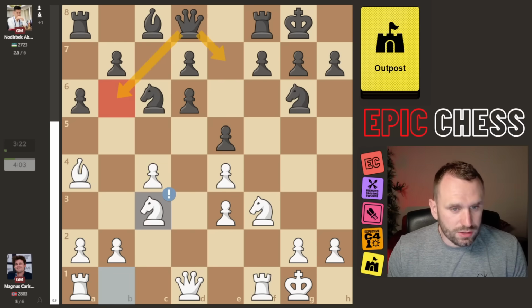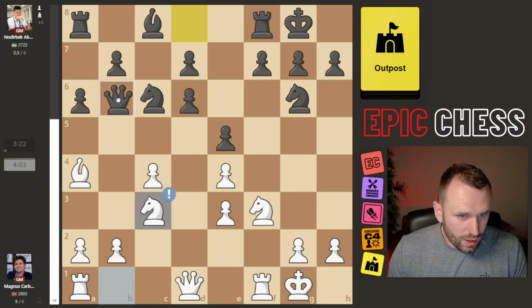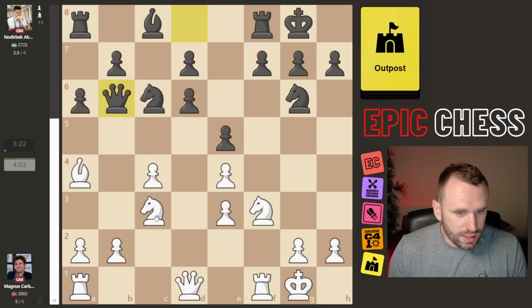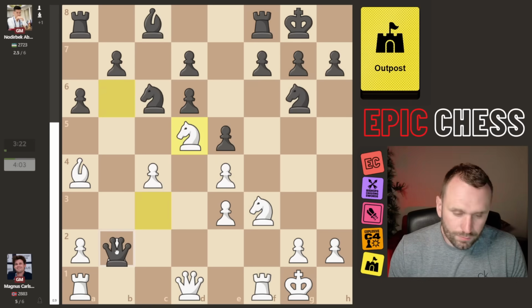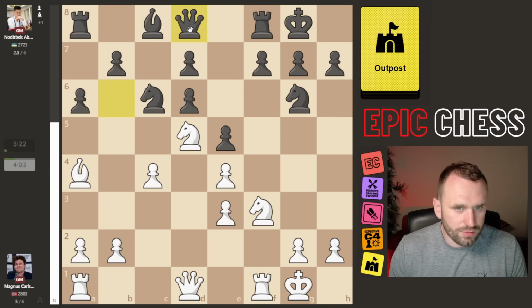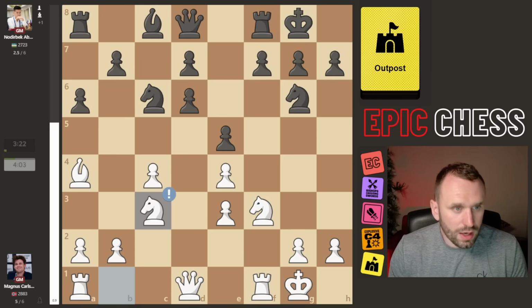Best move is knight to c3, and to give you a sense of how bad the black position is, one of the top ways to play is queen b6, knight d5 and queen back. Not taking, the queen starts getting trapped and stuff. I mean, how can that be the best line there? Truly horrible position. So understandably, we see Nodirbek playing the breakout move,